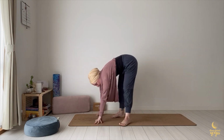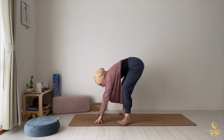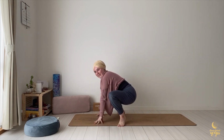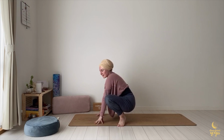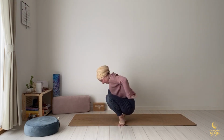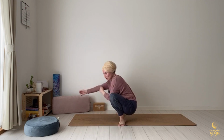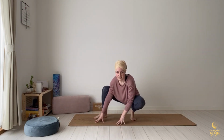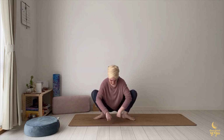Separate the feet about mat width apart. We will take Malasana, the squat. Welcome, squatting, sitting between those feet. Now make sure that your heels are both on the mat, so you can play with the distance between the